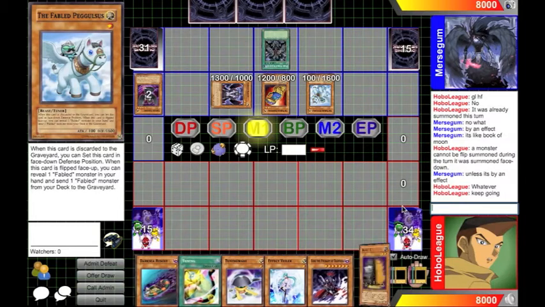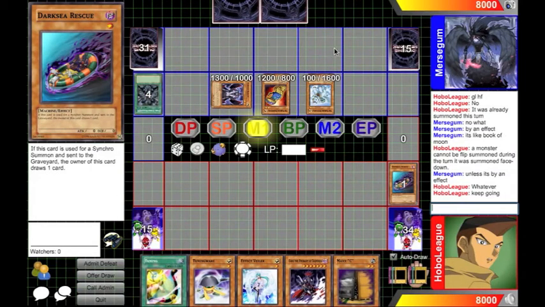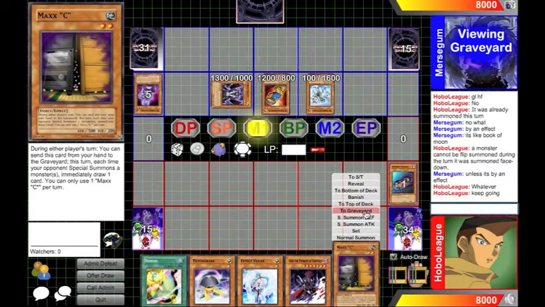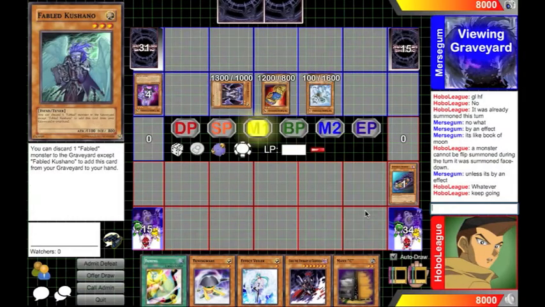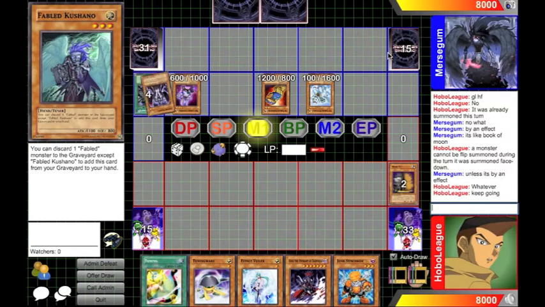So he hits the Dark World Dealings button. I draw into the Maxx, and I discard the Dark Sea Rescue, which is actually good, because now I have a Dark Sea Rescue ready in the grave. And here's where I hit that Maxx, which I am really glad I did, as you will see in a moment. So right now I suspect that I know what he's doing here,